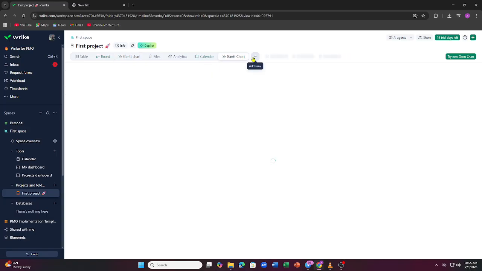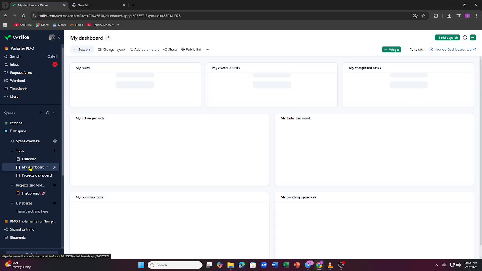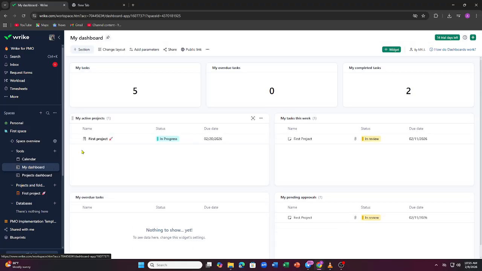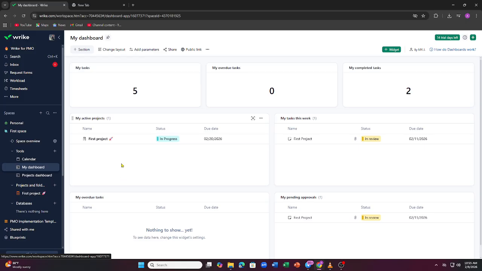Finally, review deadlines in dashboards and reports. Dashboards show overdue and upcoming tasks clearly. Managers can act quickly. So yeah, managing deadlines in Wrike means setting clear dates, assigning owners, using dependencies, tracking progress,